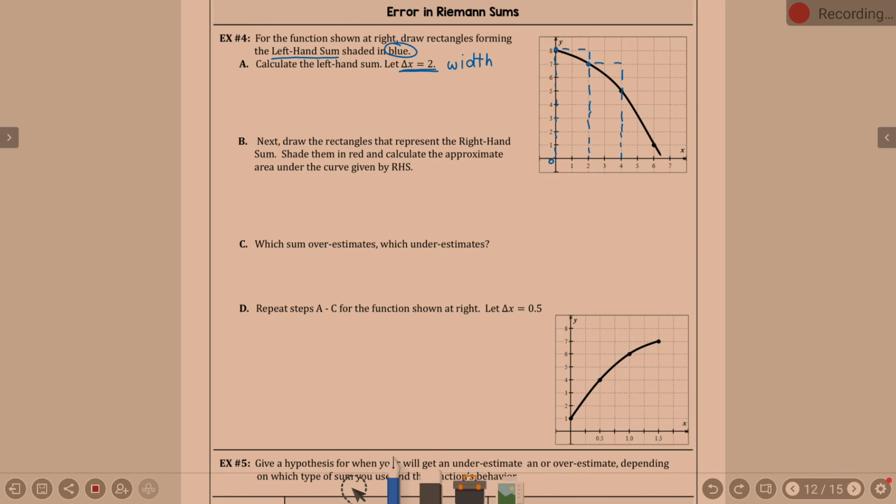Because my next rectangle has a width of 2, so it goes from 4 to 6, but it's a left-hand rectangle, so it is the height of the left side of the interval, so it's whatever the height is at 4. So those are the rectangles for a left-hand sum. You don't have to do the